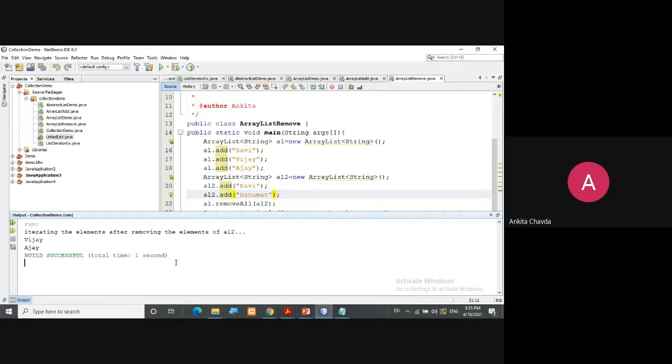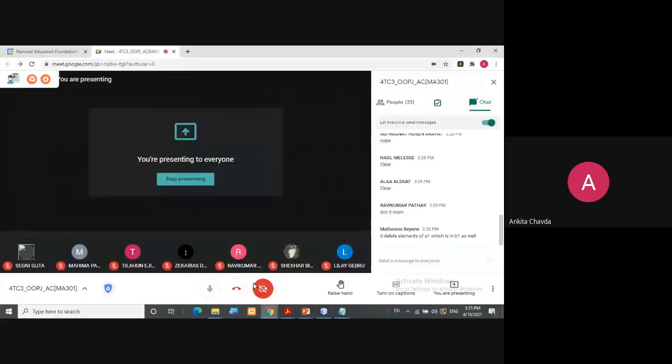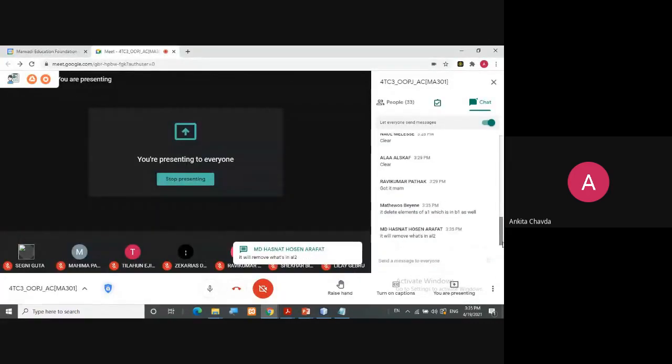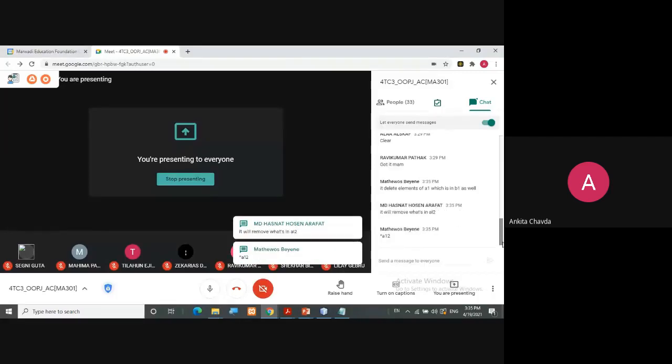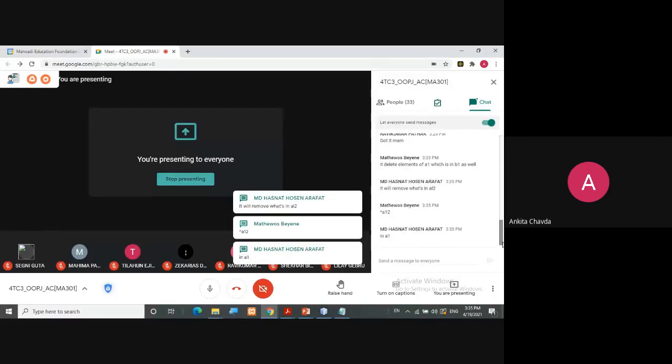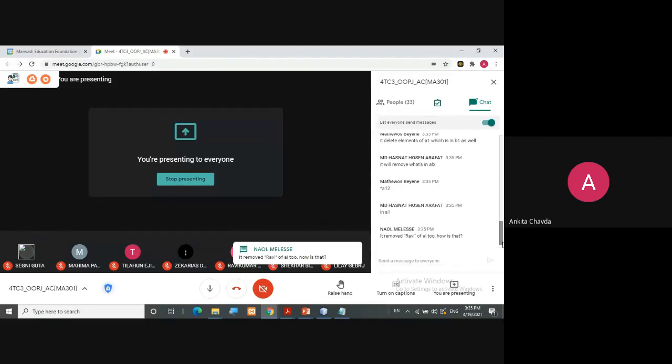If you have any idea. Any guesses? Yes, Matthews is writing it will delete elements of al which are in al2 as well. Okay, it will remove what's in al2.